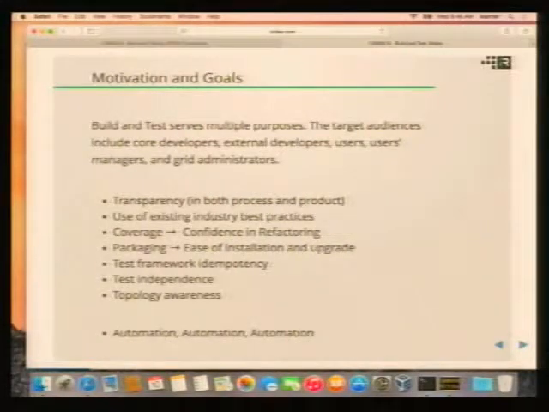But generally, we get to solving your questions of confidence with these 6, 7, 8 bullets. And the goal really is to be transparent in almost all the things that we do so that there's no surprises on your end, perhaps so that you can even replicate it in your own infrastructure, to use the best practices that are out there, to show coverage for our own internal use so that when we start to refactor something, we know that we didn't miss a dark corner,